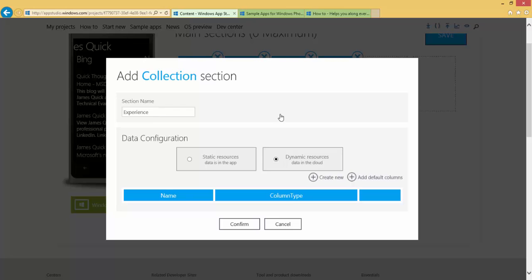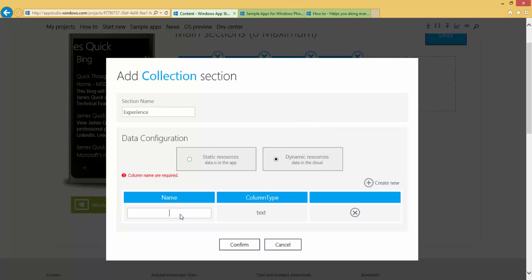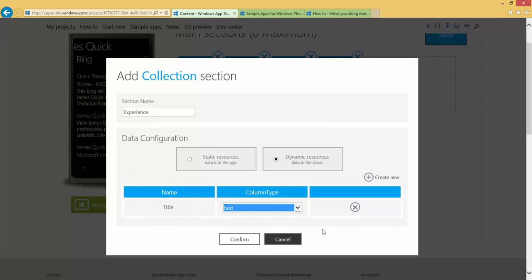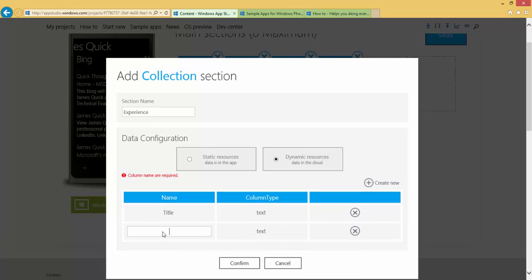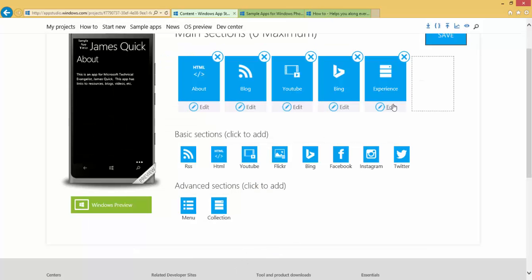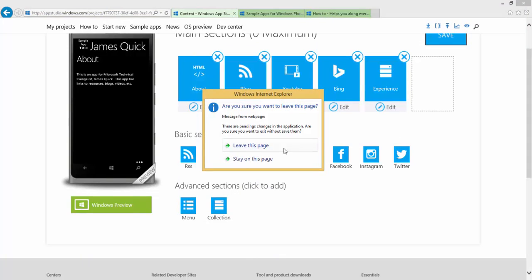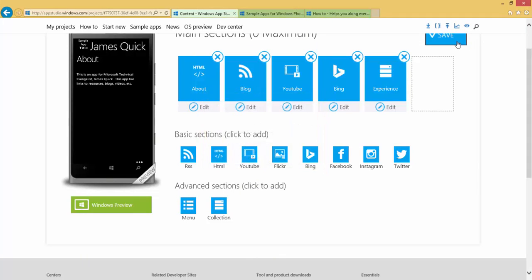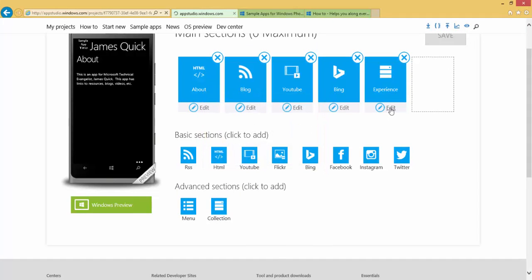So I'm going to do the dynamic resources, and I'm going to add two columns here. We'll just call it title, and it'll be text, and then we'll add another one, and the second one will be description. Pretty simple. Description, did I spell that right? Yeah. So I'll confirm that, and now I can go in and edit. Oh, let me stay on this page and save first. Always save your work. Go in and edit,